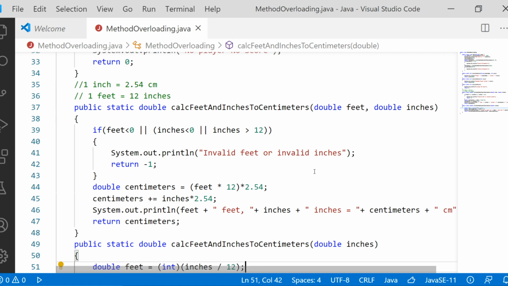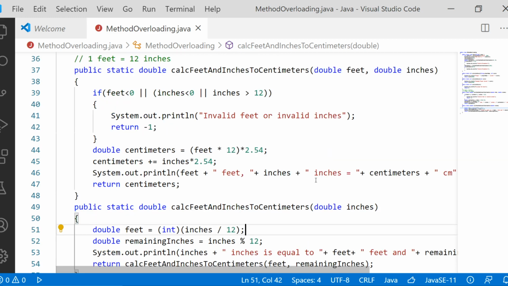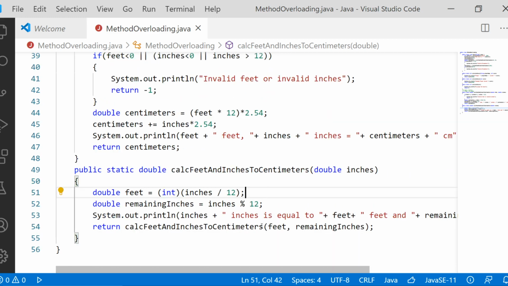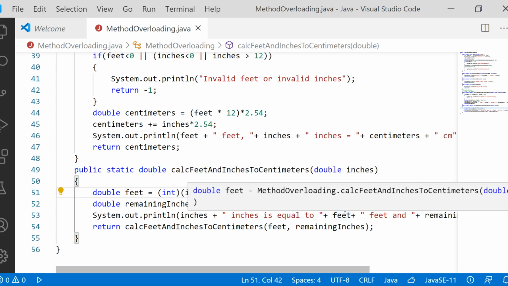When they give it completely in inches, the first job is to convert the inches into feet and inches, and then call the method with the feet and inches. Automatically this will calculate and convert it into centimeters. So the work of this method is just to convert inches to feet and inches and call the other method, passing the right feet and right inches.